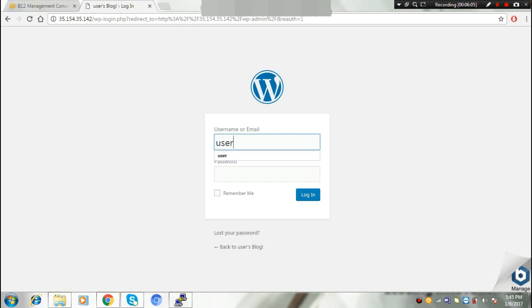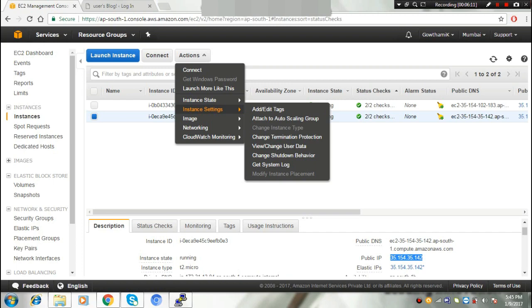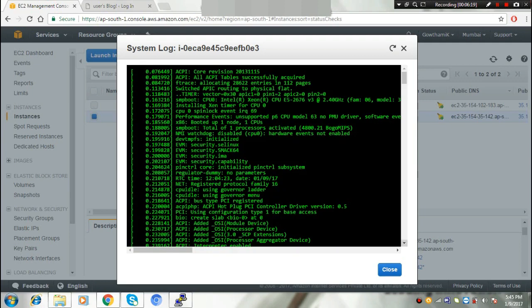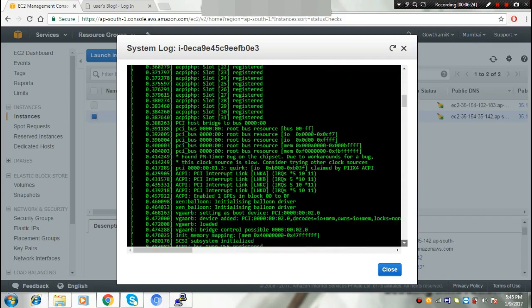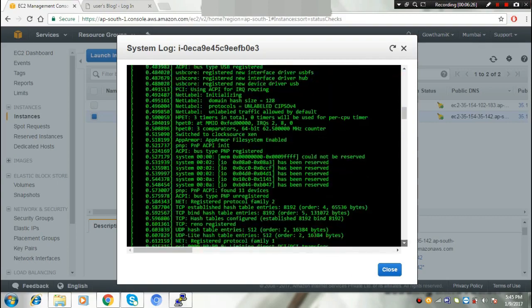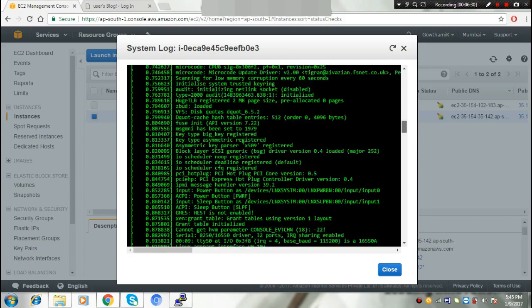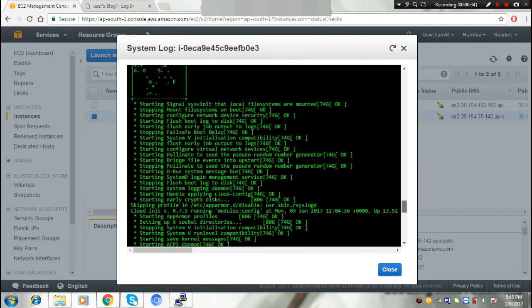Your username is user, and what is the password? You don't know the password, right? For that you have to go to the instance actions. In instance settings, you get the system log. In that system log, you have to scroll down until you reach a text that is marked by a box.